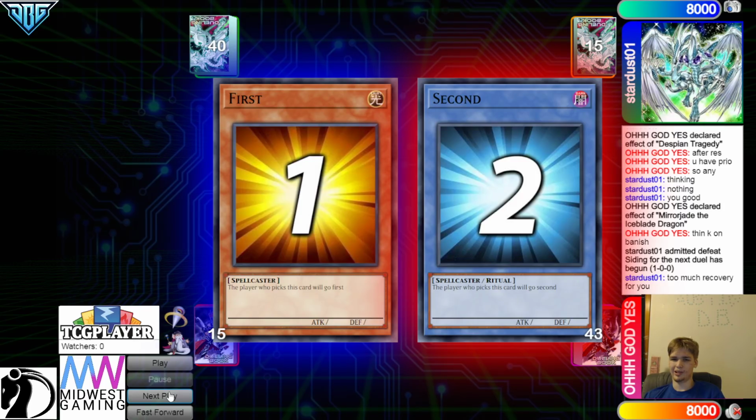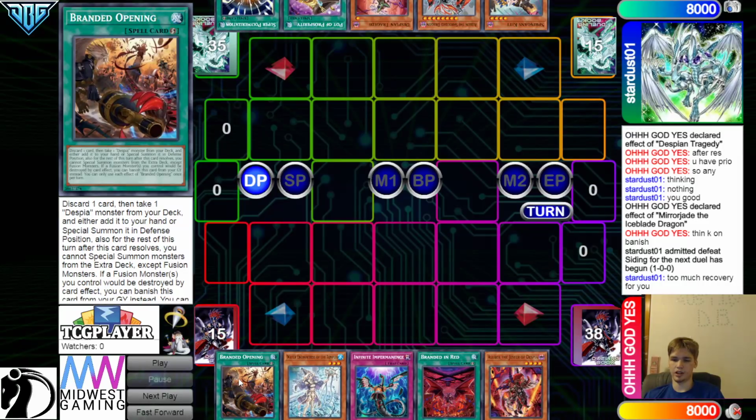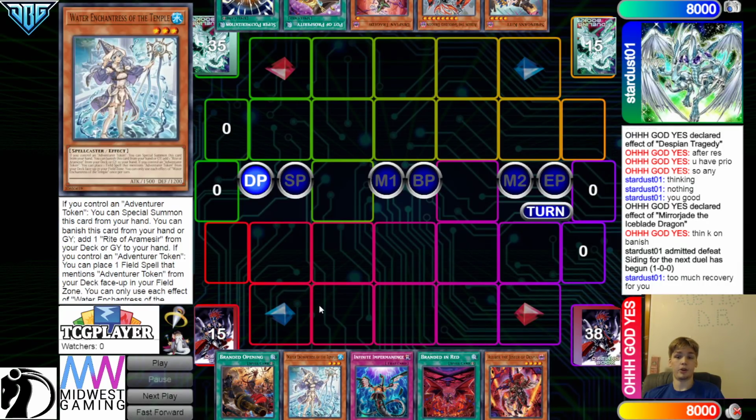So going on to the next game, we're going to see Stardust 01 go first. Opening hands, we have Branded Opening. See, they're making the deck look good. It doesn't draw like... I swear the deck doesn't draw like this. I swear. Every hand, like...